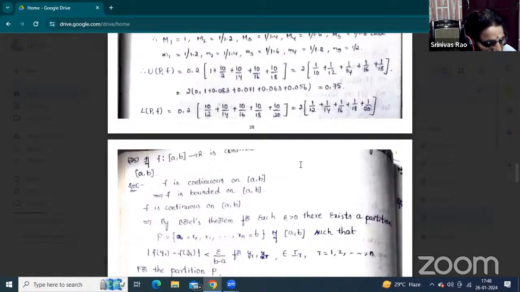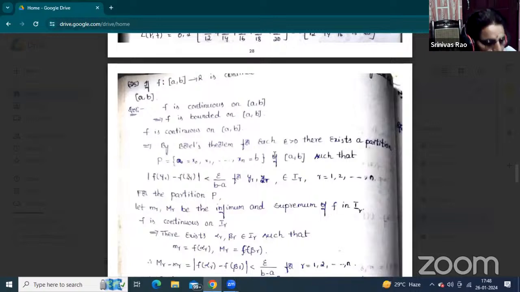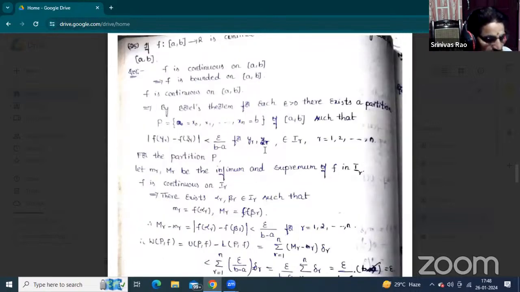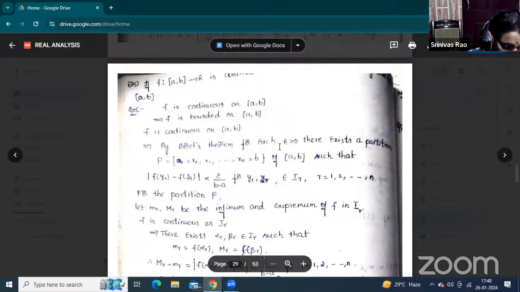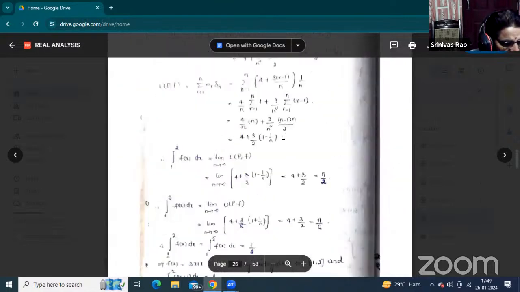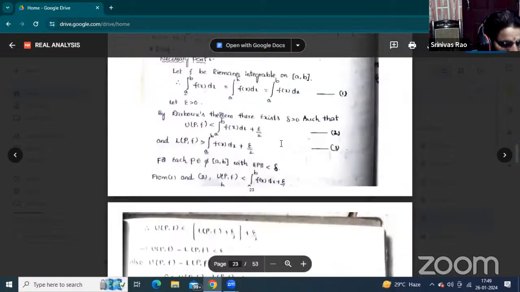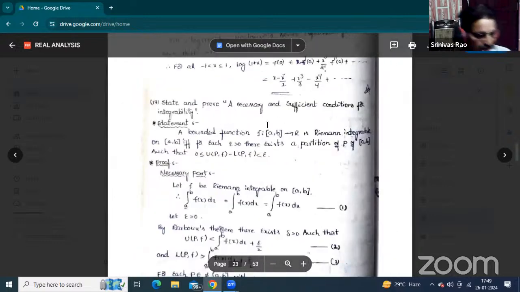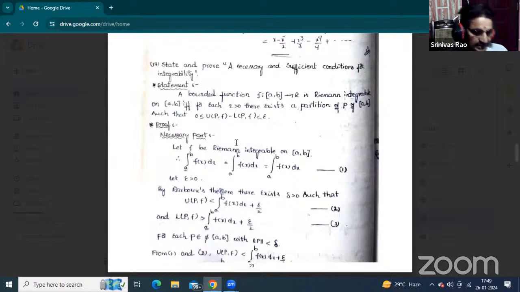Now students, this is also a very important theorem. There is no doubt, you just have to see and refer to this theorem in your textbook, properties of Riemann integrals, as in the last class. These terms are very important, especially in the final examination: state and prove a necessary and sufficient condition for Riemann integrability. I have already explained it in the last session through the textbook. This theorem gives the necessary and sufficient condition for Riemann integrability.